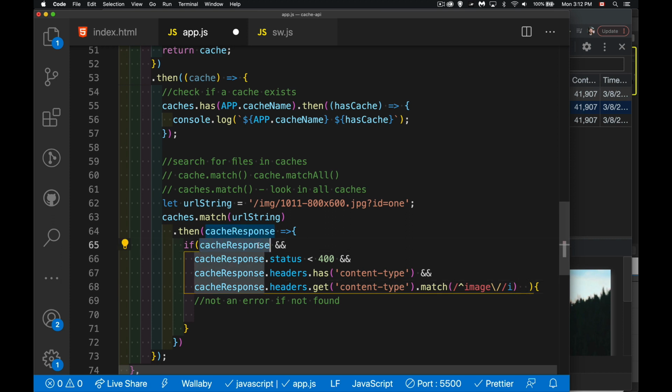So if we got something from the cache, the status that was saved in the cache was less than 400. If the response has a content type header, and if that content type header starts with image /, in that case, we do have something. So I can return cache response. So we could